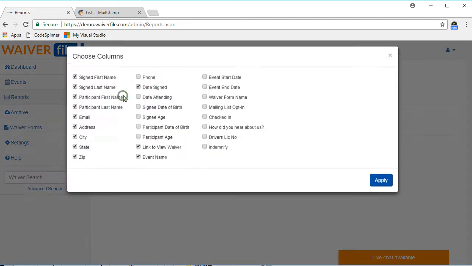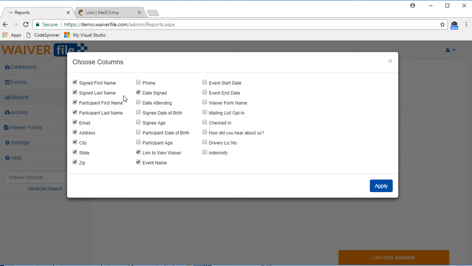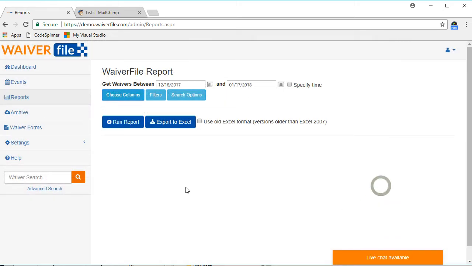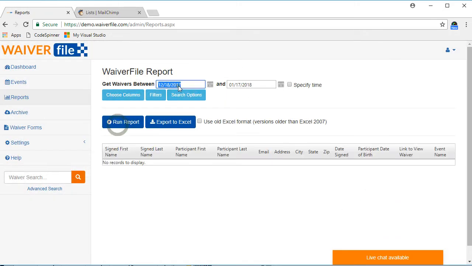Then you're going to click on Choose Columns. Now in this case we wanted to get the participant's date of birth, which doesn't come across with the standard connector right now. So what I'm going to do is check off participant date of birth, but you can check any other fields that you might have custom fields for. So we definitely want to in this case get the sign name and the participant name and that date of birth. So I'm going to go ahead and click on Apply, run the report,